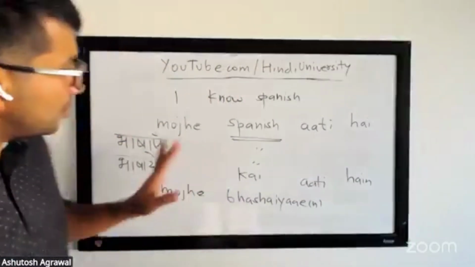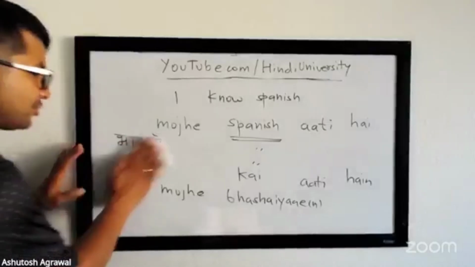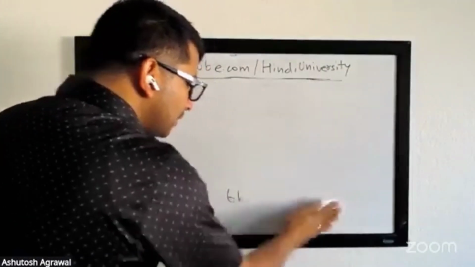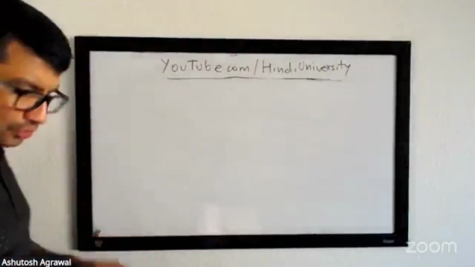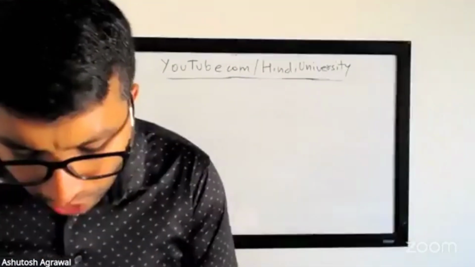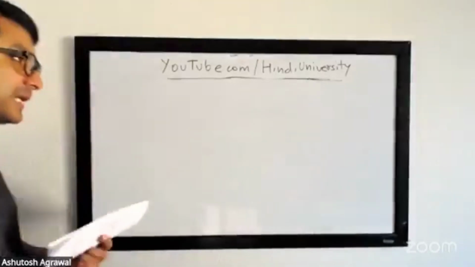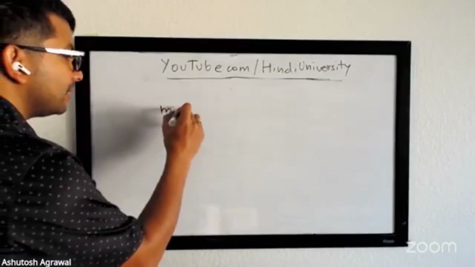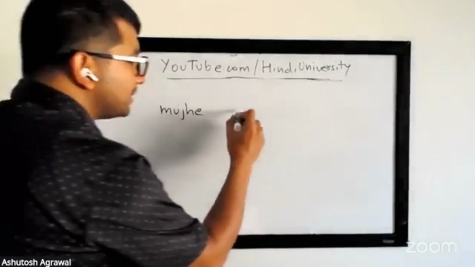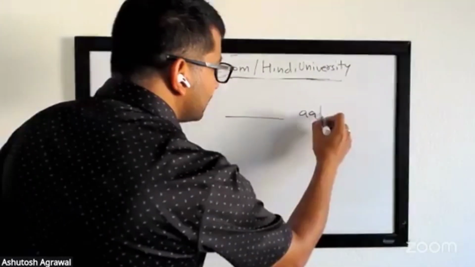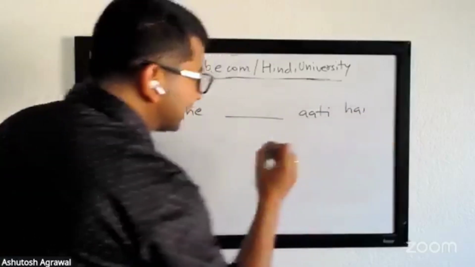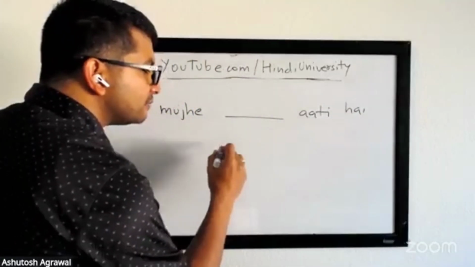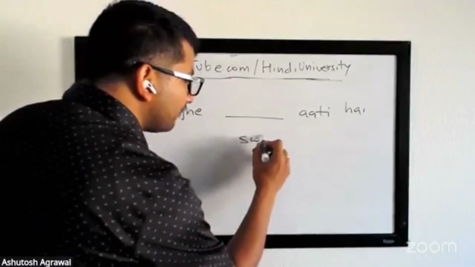All right. So this is about the language that you know, or languages that you know. Now we will do it for skills also. So let's say you want to talk about the skills that you know. That's your brain. So मुझे, you can say, and it will be slightly tricky because how do you put the skill into the right bucket, whether it is masculine or feminine, right? So we will give it a try.